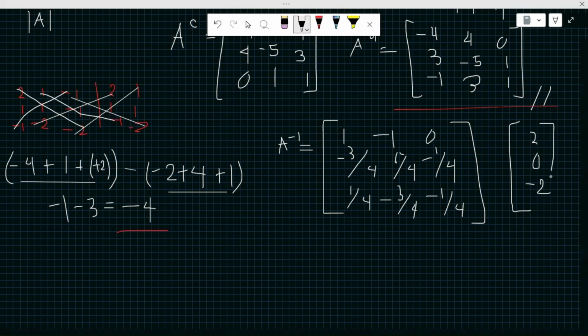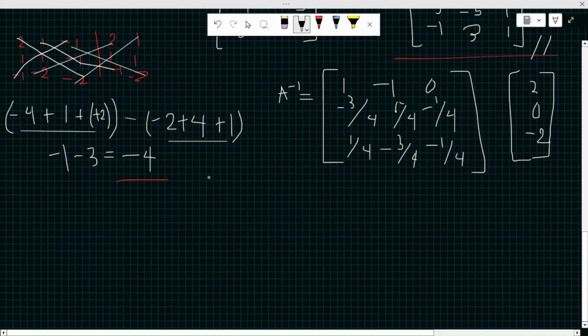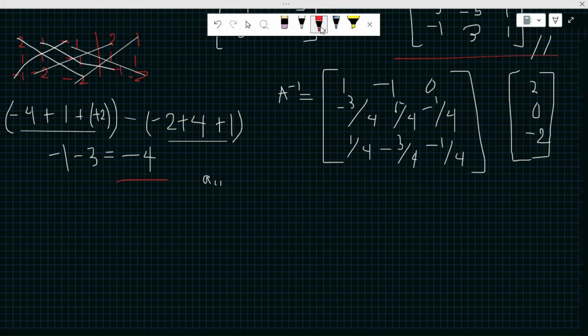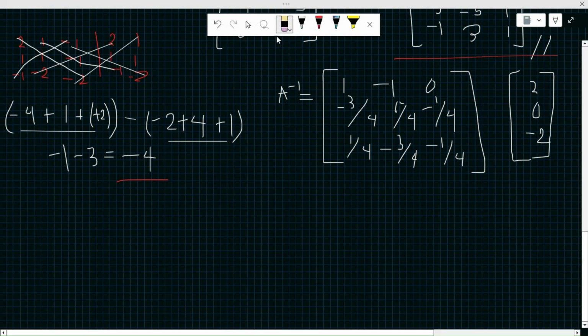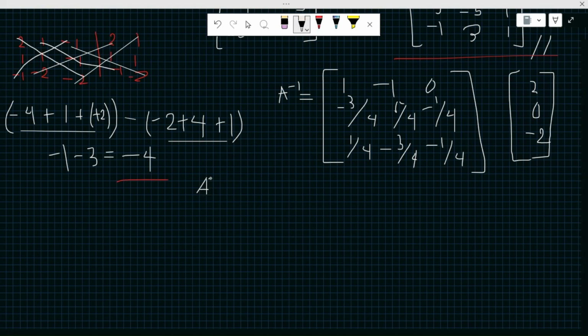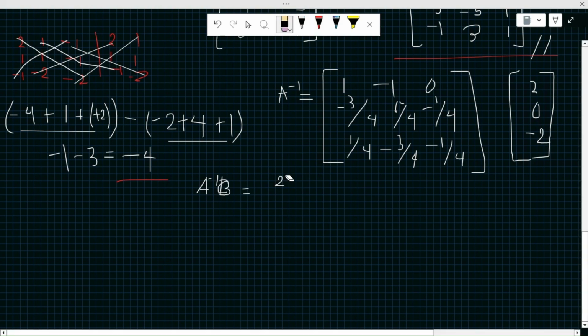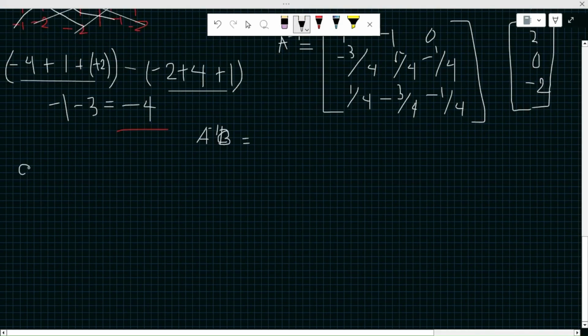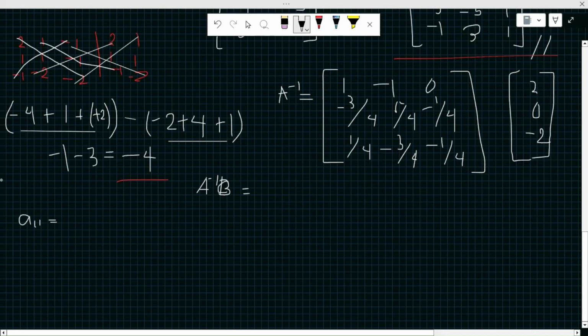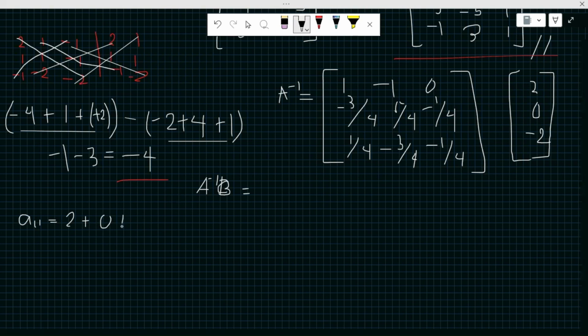So take note and remember the rules of matrix multiplication, which is, for example, for A11, you have to multiply the first row to the first column. Since we only have one column, we're just going to multiply by one column and then move to the next row. So your A negative 1 times B will now be equal to 1 times 2 is 2. Wait, no. We have to do it like this. 1 times 2 is 2 plus negative 1 times 0 is 0 and 0 times negative 2 is 0. So your A11 is 2